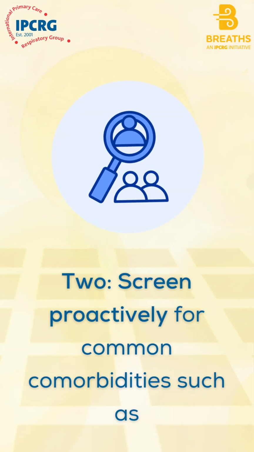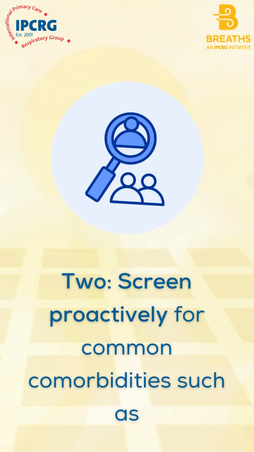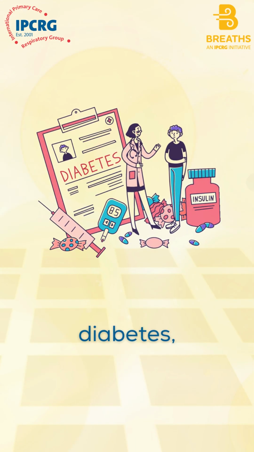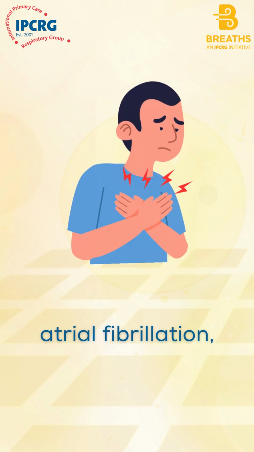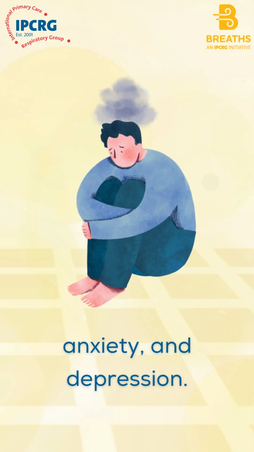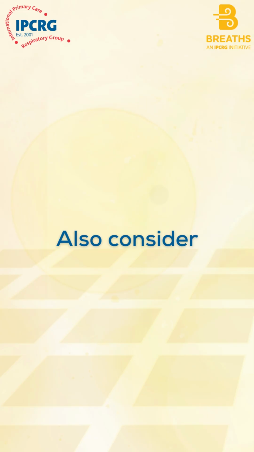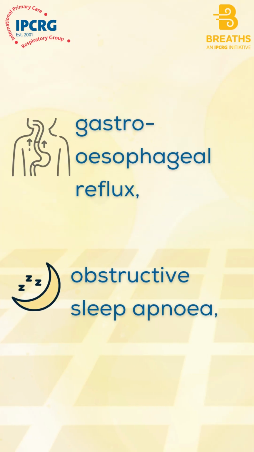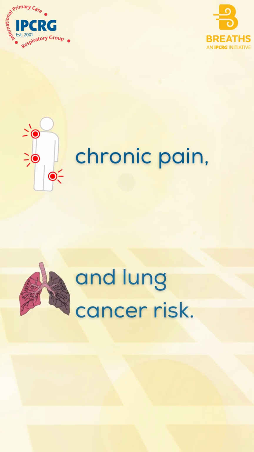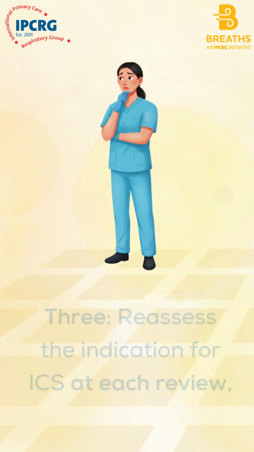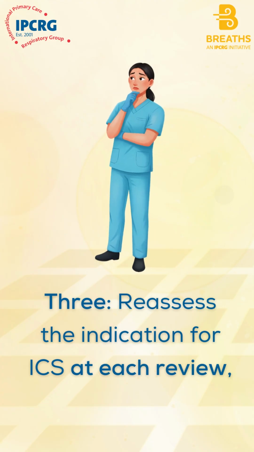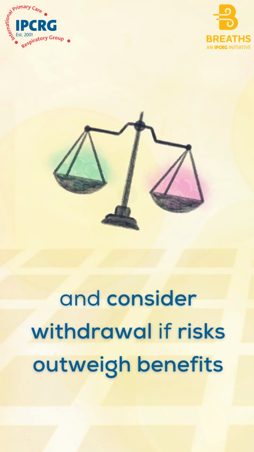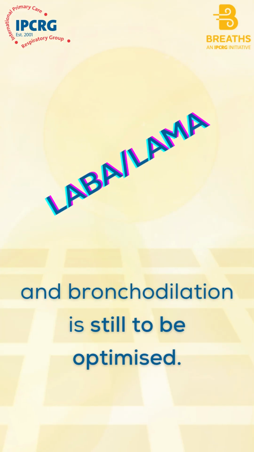2. Screen proactively for common comorbidities such as osteoporosis, diabetes, atrial fibrillation, anxiety, and depression. Also consider gastroesophageal reflux, obstructive sleep apnea, chronic pain, and lung cancer risk. 3. Reassess the indication for ICS at each review and consider withdrawal if risks outweigh benefits and bronchodilation is still